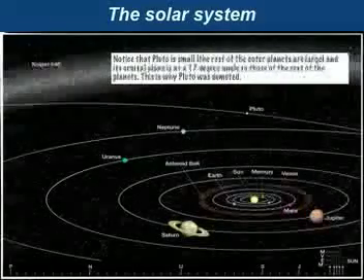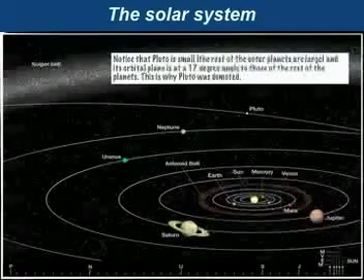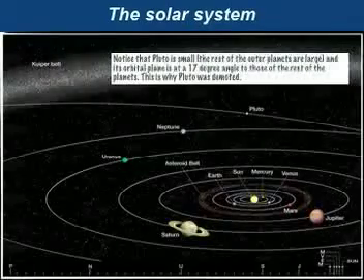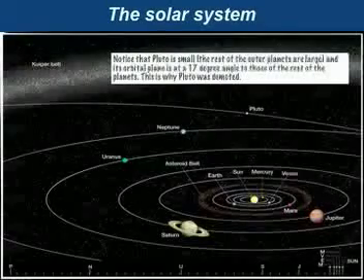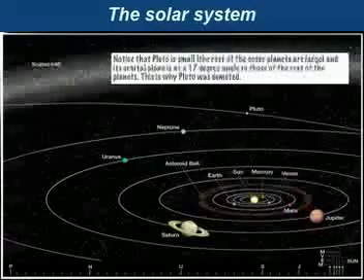We're going to talk about the characteristics of the 4 inner planets. We'll talk about the characteristics of the 4 outer planets. We'll talk about the asteroid belt, and you guys can see that there. We'll also talk about Pluto, and if you check out Pluto right now in this diagram, you can see why